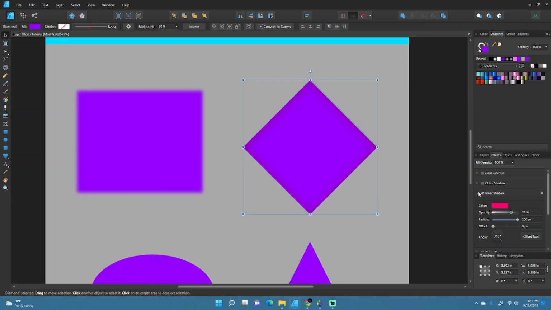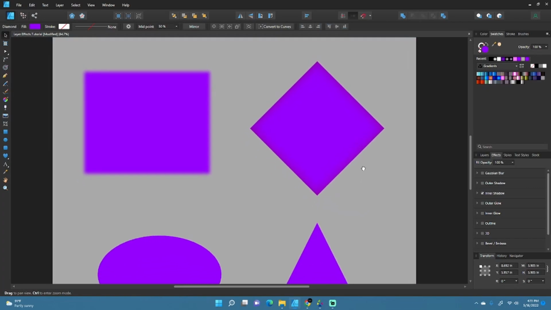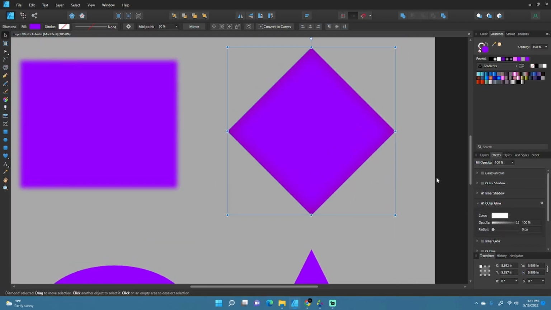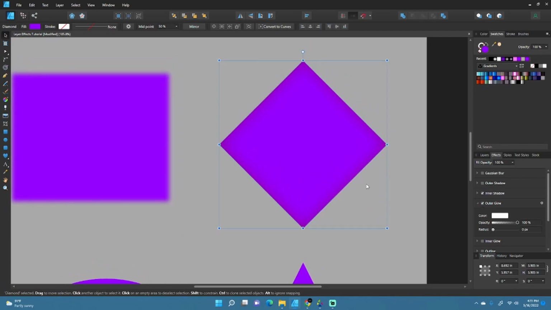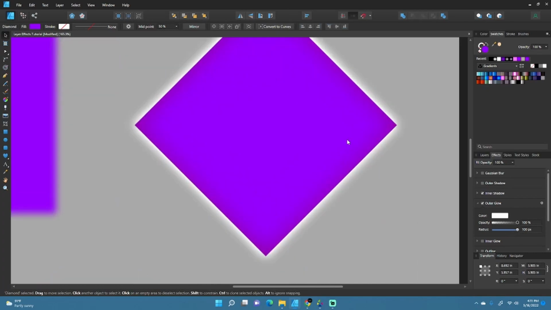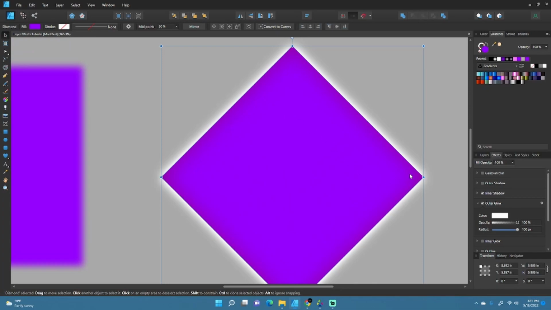Various ways of being able to use that. Now coming down here, we'll stick with our diamond shape and we'll take a look at outer glow. Outer glow will give us a glow that surrounds the object. So we've got the opacity set to 100%. And I'm just going to go ahead and push this radius up. And you see how much it kind of starts to glow from behind the object,